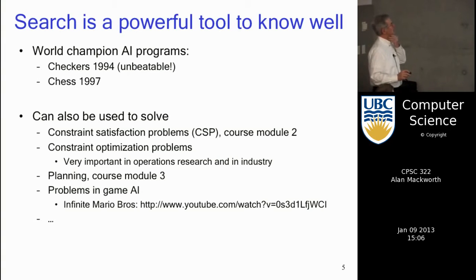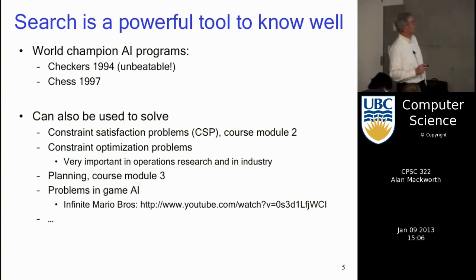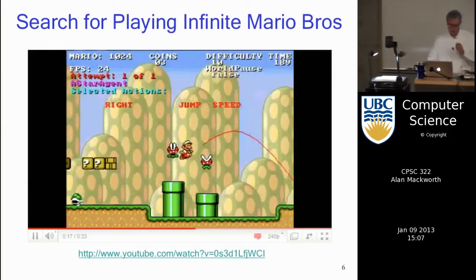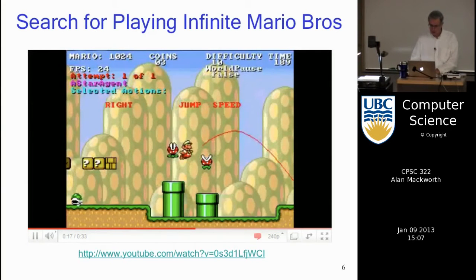So we've already mentioned checkers, the unbeatable checkers program, and chess used for search. But also, as we go into constraint satisfaction problems in Module 2, and constraint optimization, we've talked about how critically important they are in modern industry, in so-called operations research areas, when you're doing various kinds of constrained optimization problems like linear programming, mixed integer programming, and so on. The planning module will use search, and so do various problems in game AI. I mentioned this before, that if you're building an autonomous agent in an AI game system, you're going to want to have something that